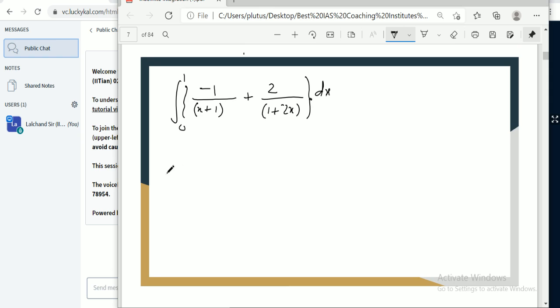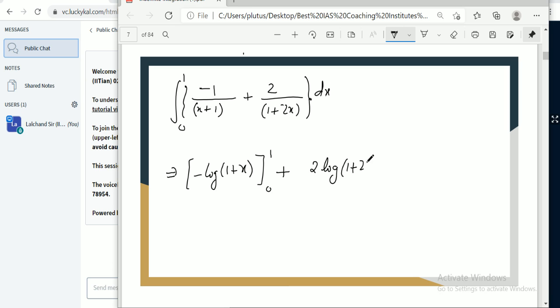The first integral is minus log of 1 plus x with limit 0 to 1, plus 2 log of 1 plus 2x divided by 2, and this 2 gets cancelled, again with limit 0 to 1. Is there any confusion now? If you simplify this by putting in the limits,